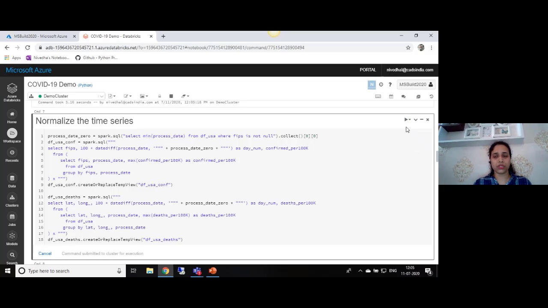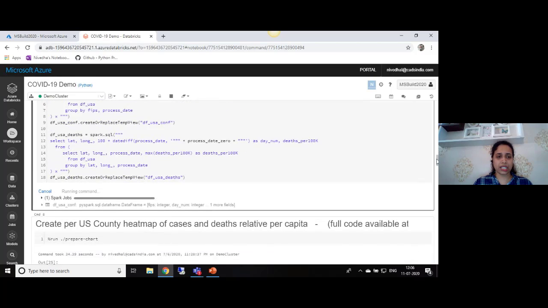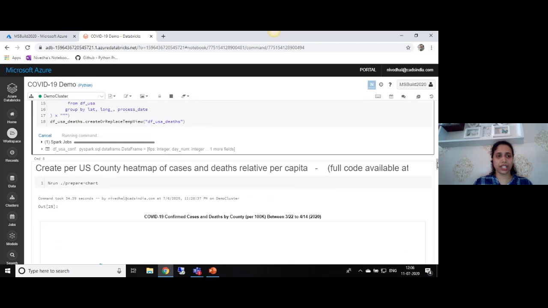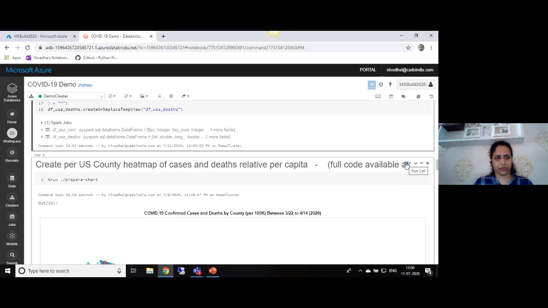First we are normalizing it with the people, so the cases per 1 lakh people. Now we are normalizing the data with the date. Okay, so once this gets executed,